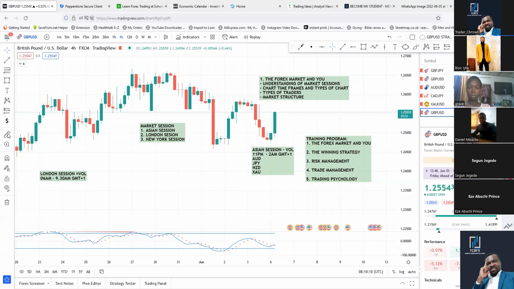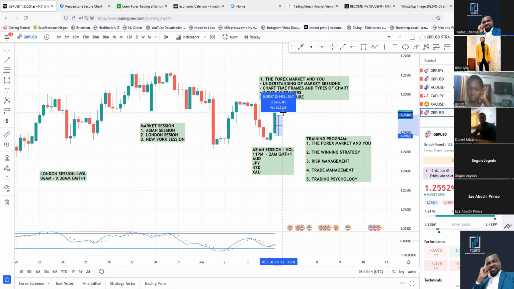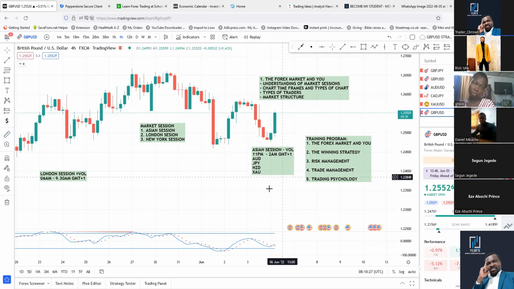Now, if you measure this candle, I'll show you how to do all of that. If I measure this candle to the upside, the move is almost 64 pips, let's say 65 pips already. This is a 65 pips move already this morning within this section. That's massive. You see that volume? If you were to get into this trade, with your strategy, you would have made your money already and said, I'm done for the day.